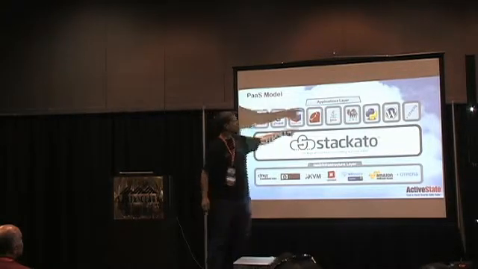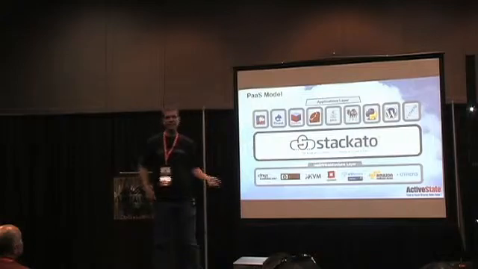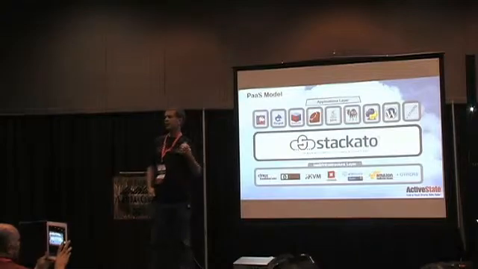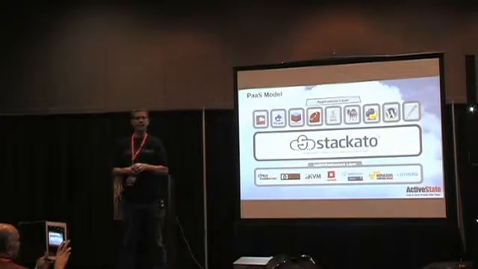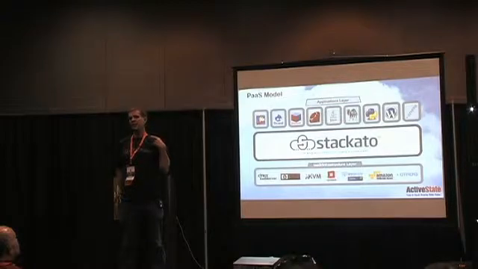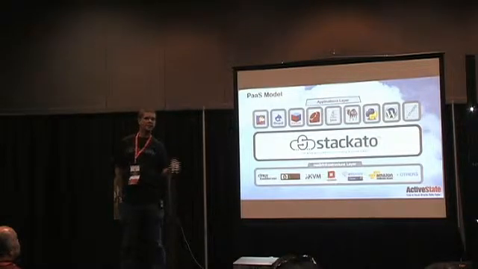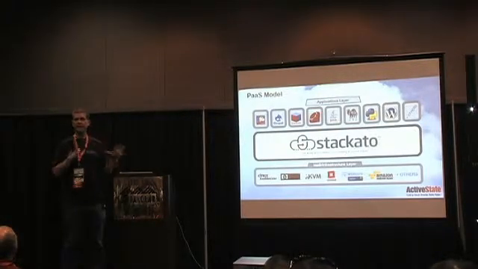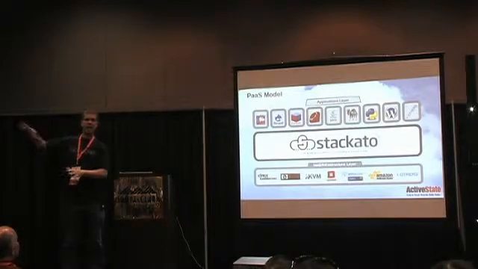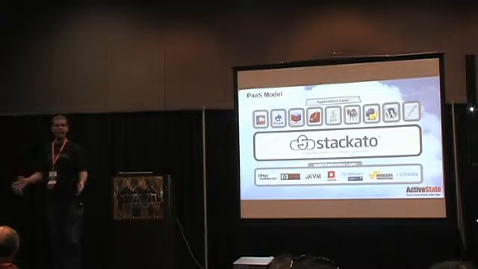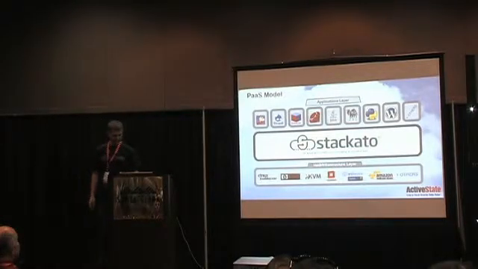And some of these icons represent some of the things that are provided with the PaaS, but basically if you're using Java or Ruby or JavaScript or Perl or Python, or basically the common enterprise languages, .NET to some extent. And then if you're using any of the frameworks associated with these, like Spring or Play or Ruby on Rails or Django with Python, Node with JavaScript, this all is bundled with the PaaS. So if you have an app using any of that stack, you just push it out. You now can deploy your application to the cloud, regardless of where the cloud is.